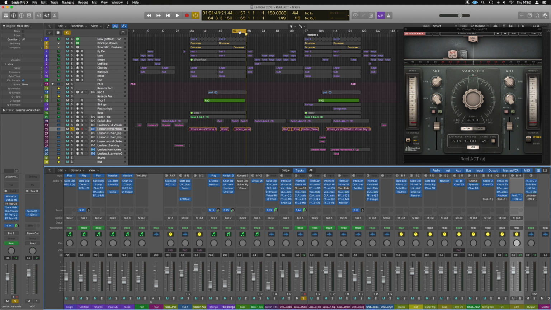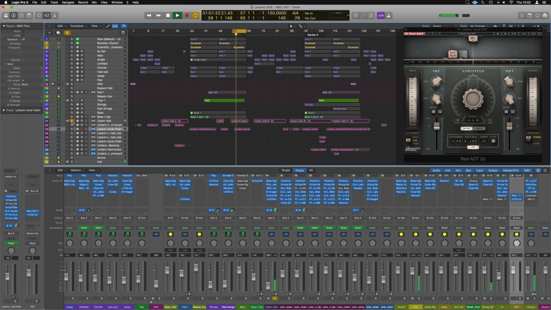So the other thing that I will quite often do is take it onto a reverb as well. So we've got some really nice cello recordings in here. It's going to be this bit here. No, it's going to be this bit here. Now this is